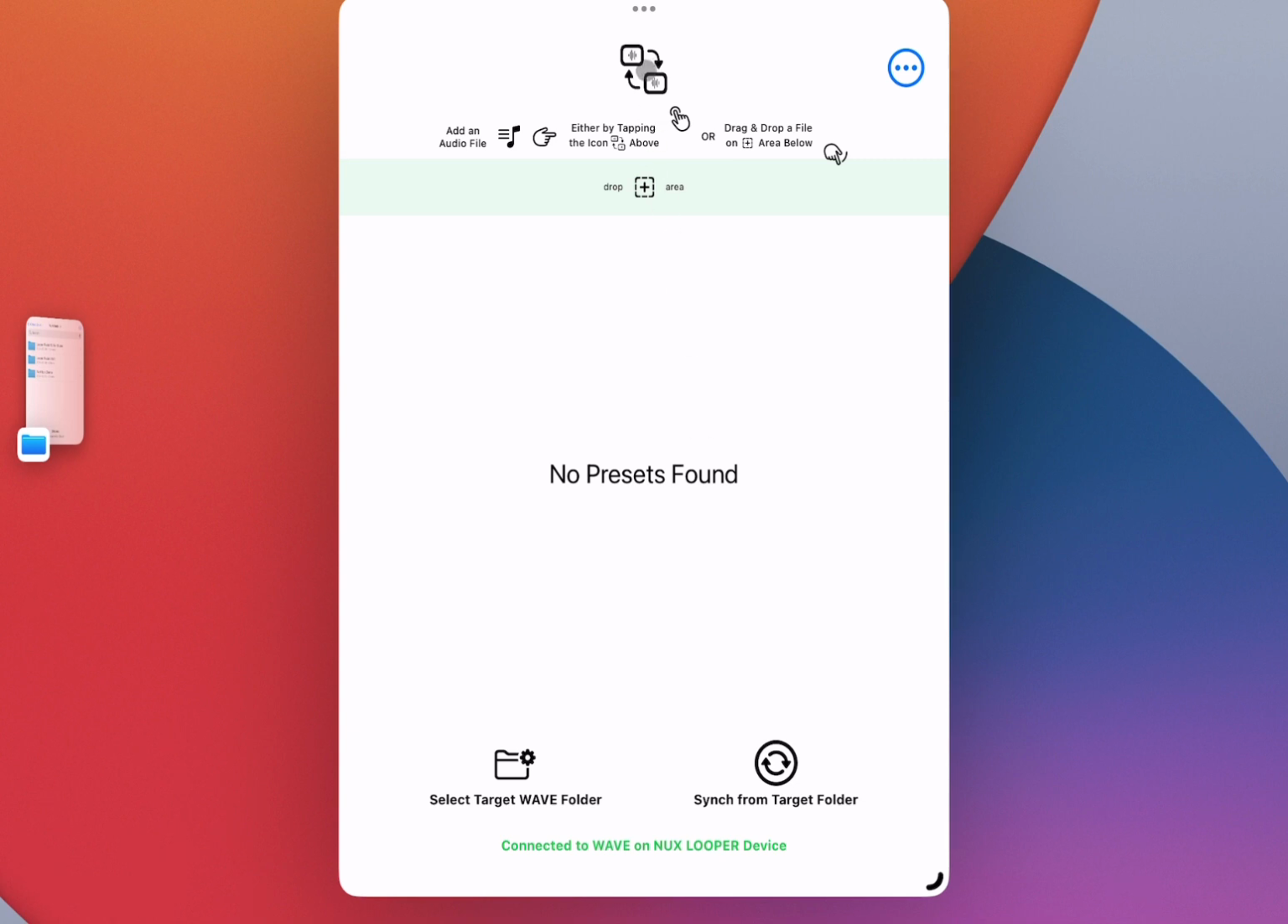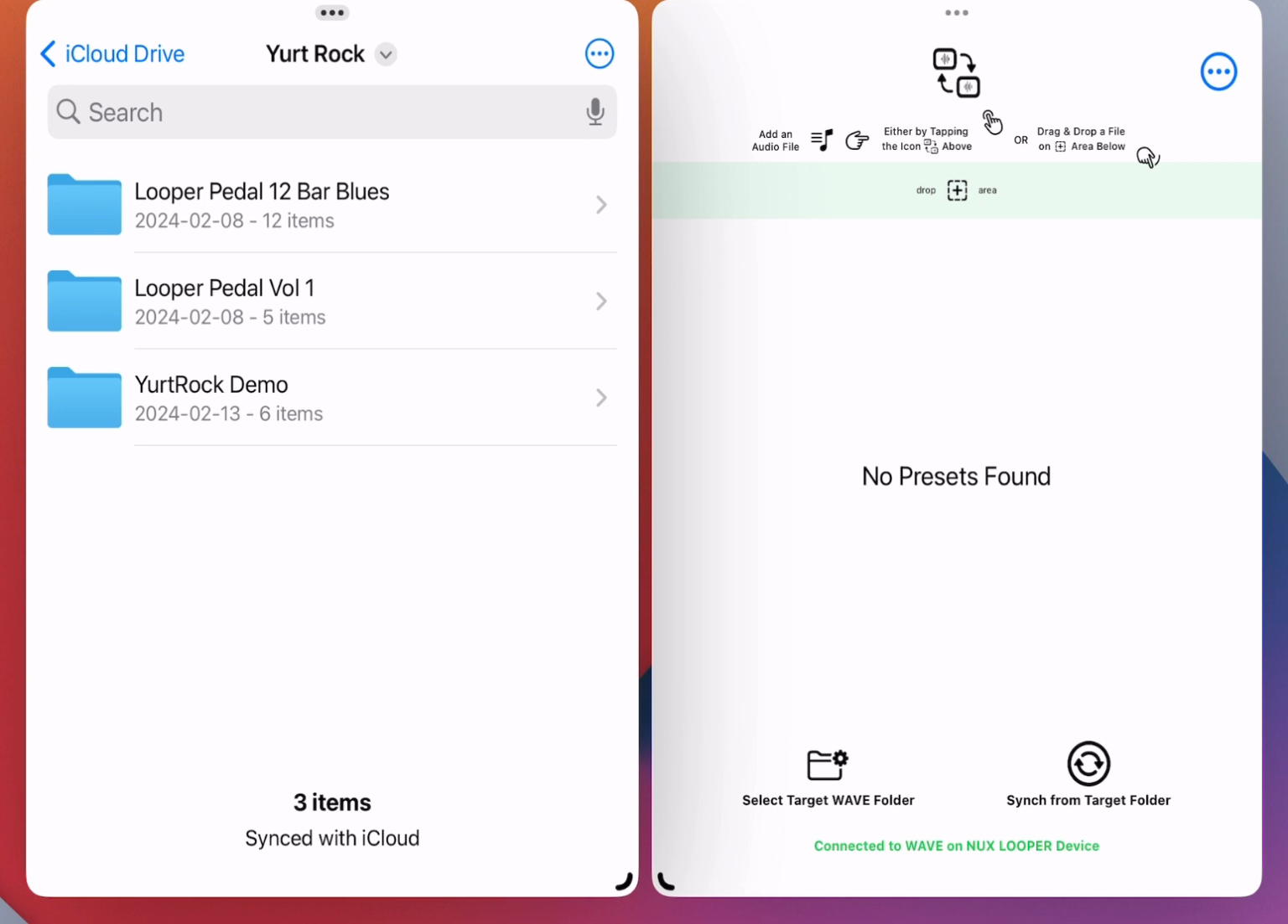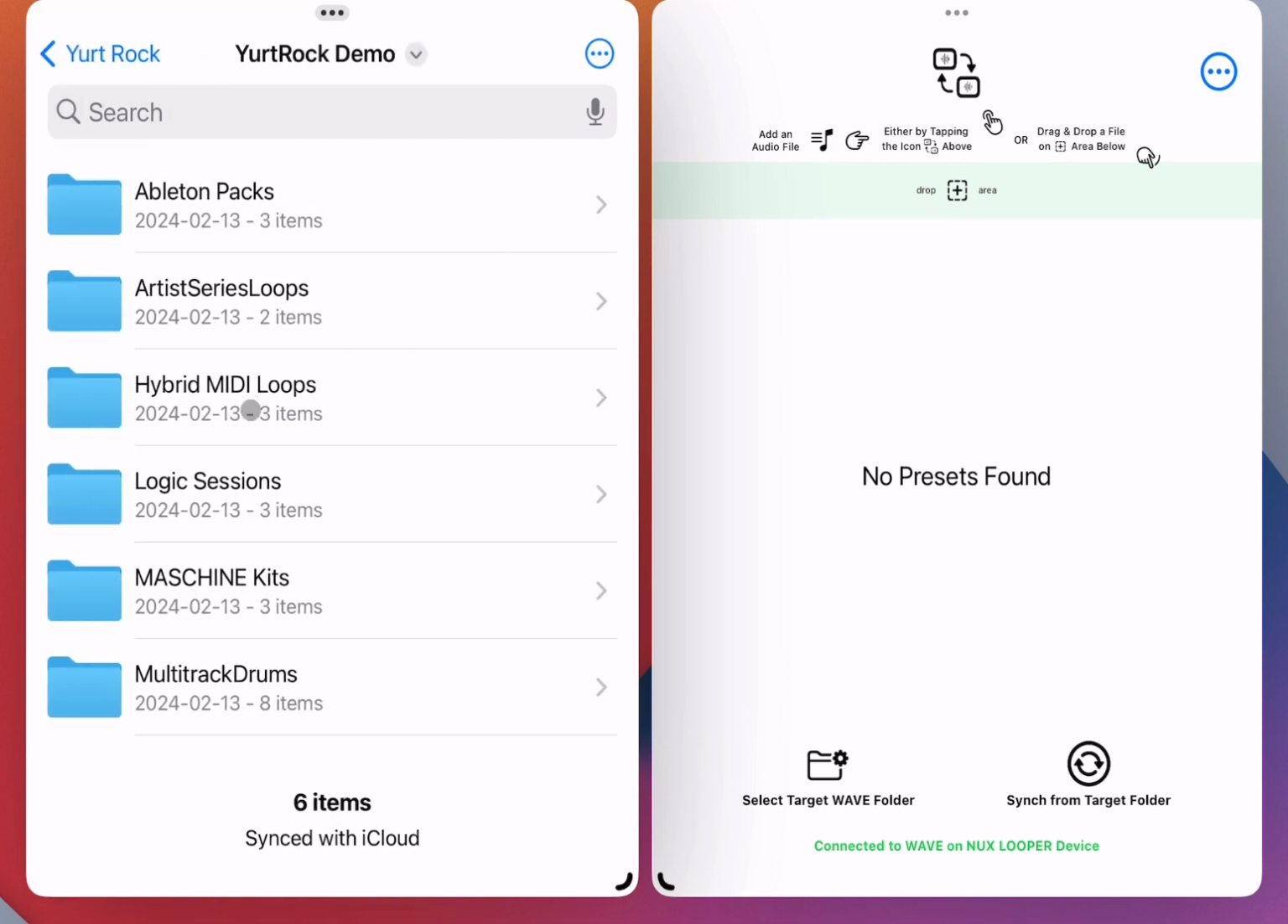The other way is using drag and drop. And for this, because I'm on an iPad, I bring the Files app into context. So now I've got the Files app on the left and the app on the right. So I can now use drag and drop instead of tapping and selecting a file. So if I go into the same Yurt Rock demo